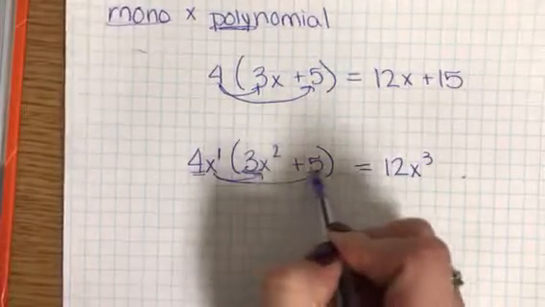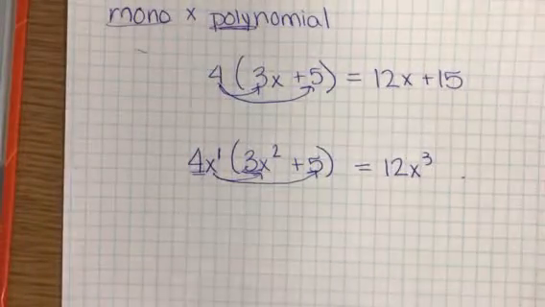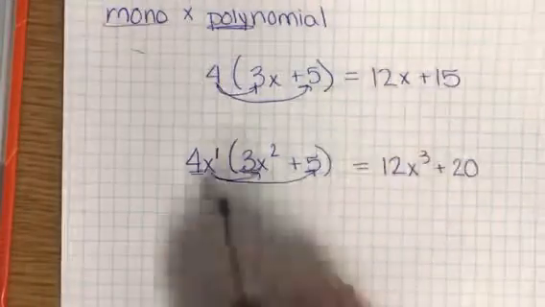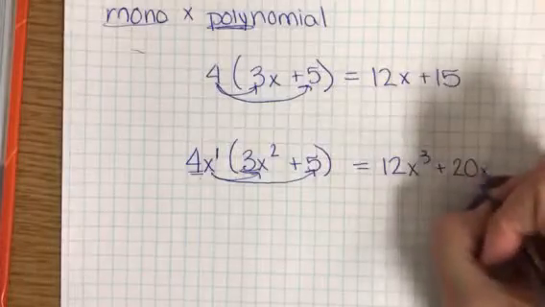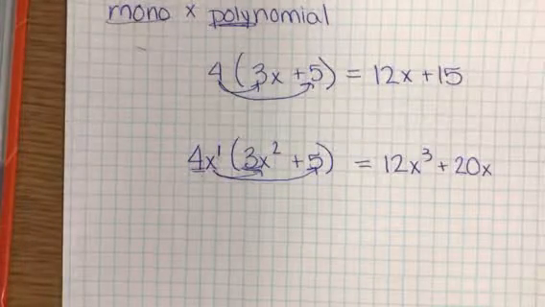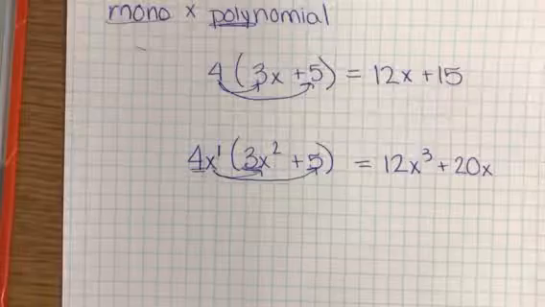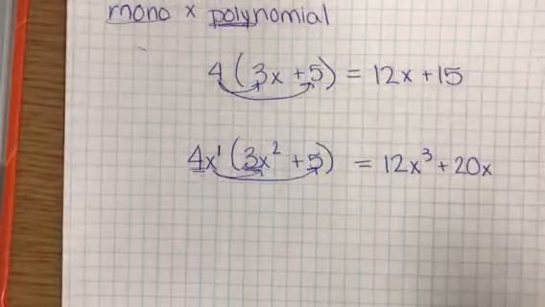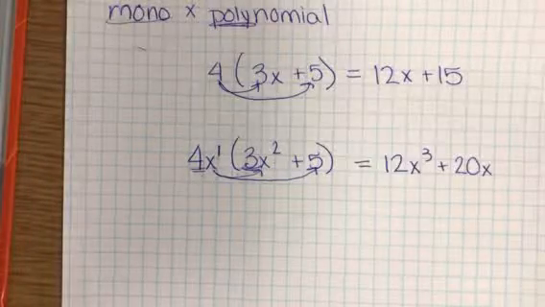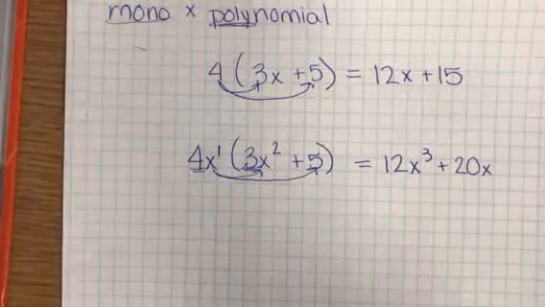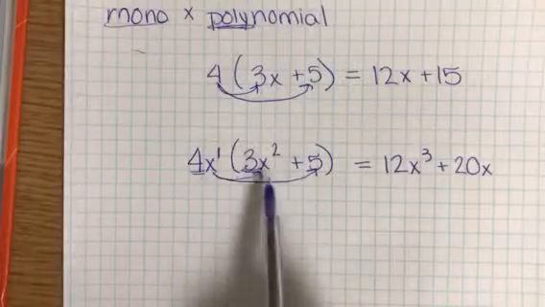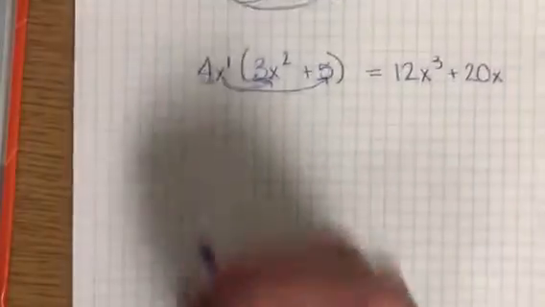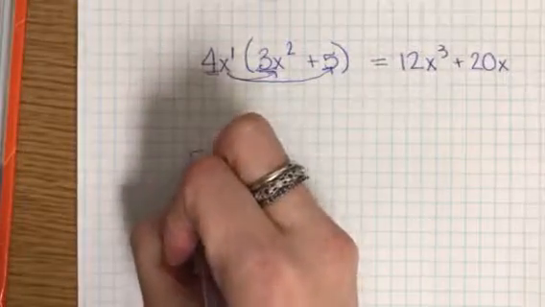Then we'll distribute this 4x to the first power over here to the 5. We know 4 times 5 gives us 20. Okay, and then x to the first power comes along with it. There's nothing else to add it with, so it just stays as a 20x. These can then get larger. Okay, so we can have more terms happening, more variables happening, larger exponents happening, but this rule, this property, stays the same each and every time. So no matter how big it might get,